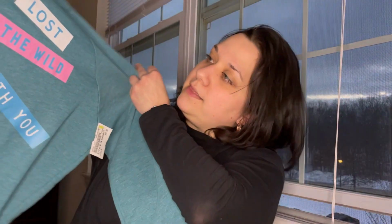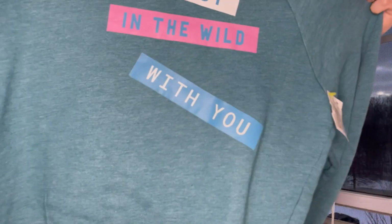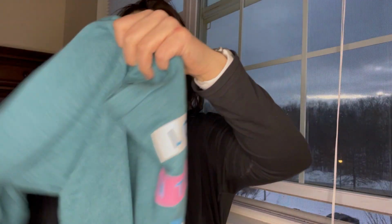So here's one. And this says, Lost in the Wild with You. Wild Fox always has these cute little sayings. It's just a cute little sweater. It's very soft. There's one. And then this guy is Wild Fox. But it is new with tags, Wild Fox, which we love. Both of these pieces are size small, and this is another